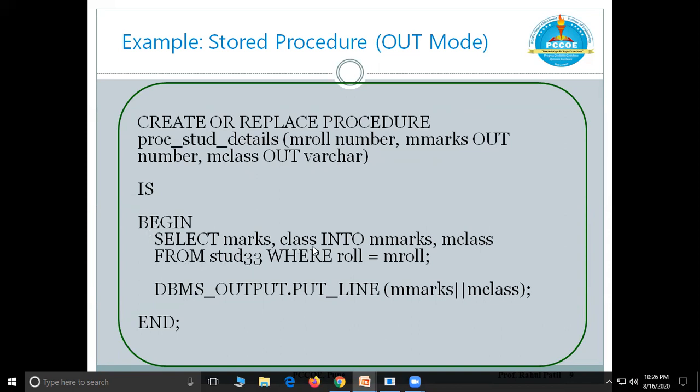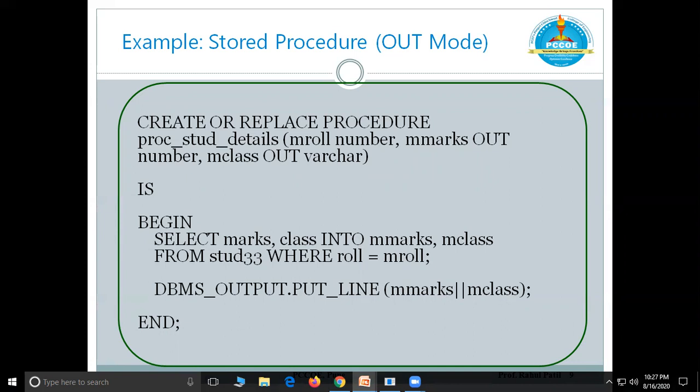Select marks and class into mmarks and mclass. So I am taking these 2 values into mmarks and mclass from stud 33 table, where roll equals to mRoll. And whatever is taken, mmarks and mclass, I am just displaying on the screen. That is just ended. Now this is the procedure.